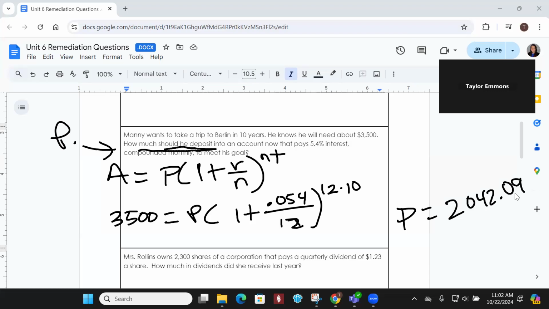On the next one, it says Mrs. Rowland has 2,300 shares of a corporation and pays a quarterly dividend of $1.23 a share. How much dividends did she receive last year? So we're going to take this number and multiply them together. So 1.23 times 2,300. And that's going to give us